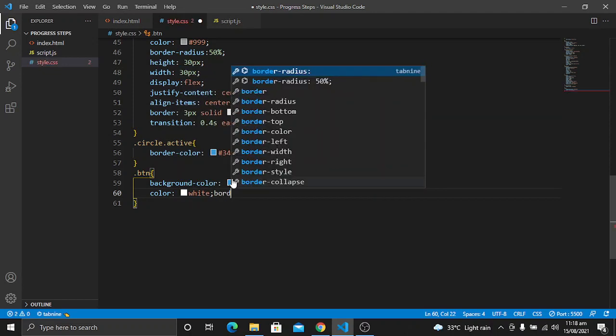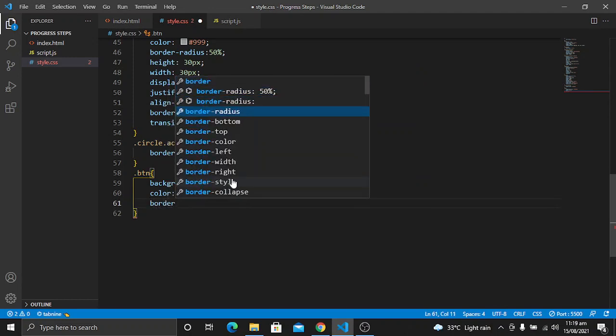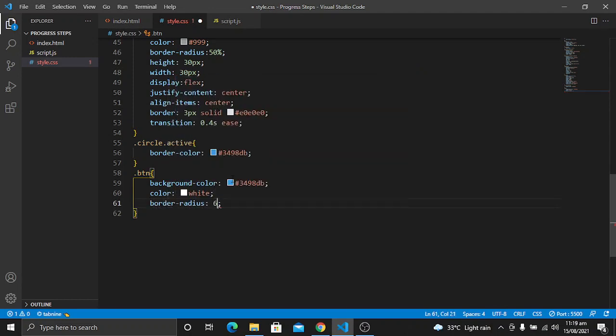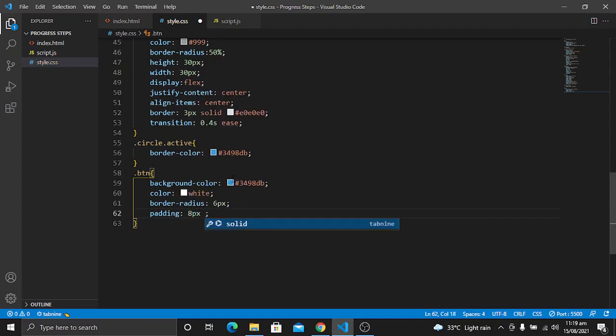Border radius will be 6 pixel. Padding will be something like from top and bottom it will be 8 pixel, and from left and right it will be 30 pixel.